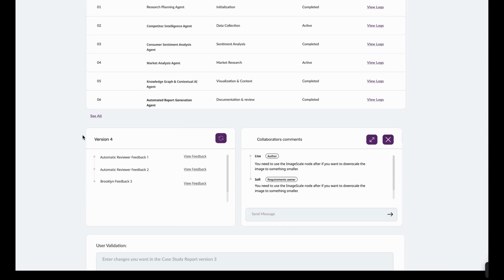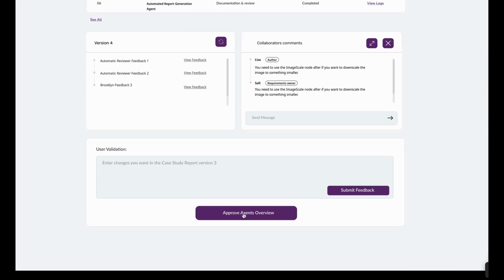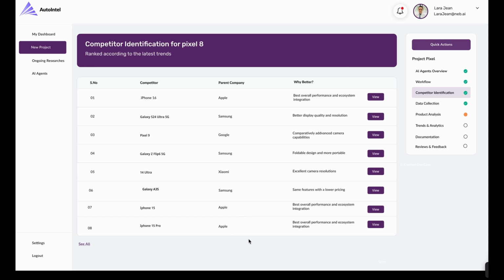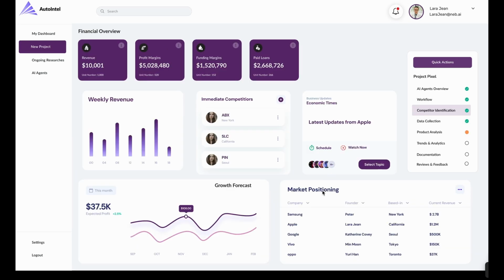execution steps before proceeding. With your research in motion, AutoIntel identifies key competitors in your market segment, giving you an instant competitive landscape overview. Click on a competitor profile to explore their market positioning, growth patterns, and strategic insights, all